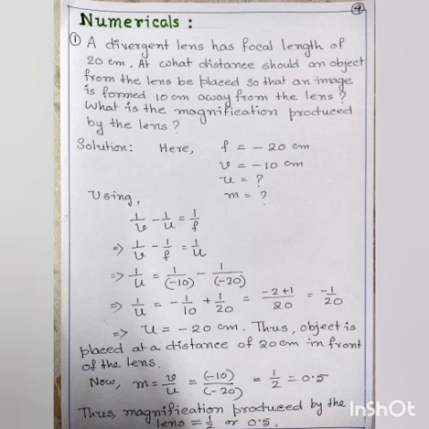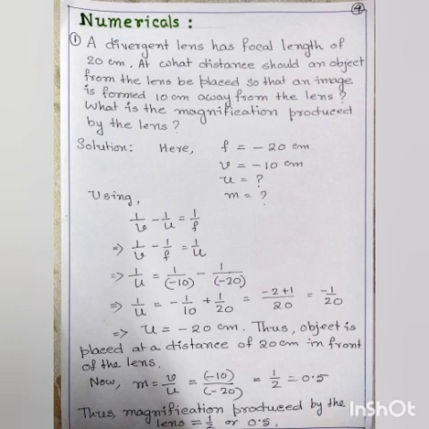So, and see here, the image distance is given 10 centimeter away from the lens. So we know always for concave lens, image formed on the same side as that of the object, means v is always negative. So v we can write v is equals to minus 10 centimeter. Now our target is to derive the object distance, that is u, and magnification produced by the lens. First we will use the lens formula, that is 1 by v minus 1 by u equals to 1 by f.